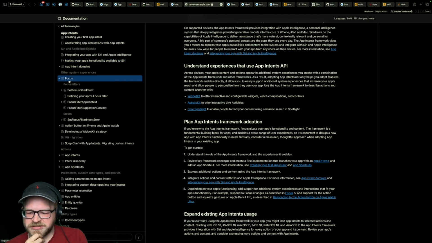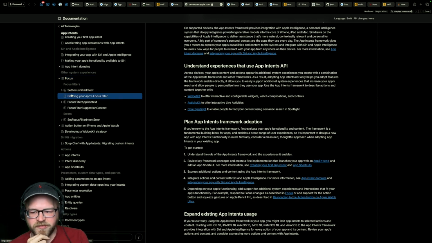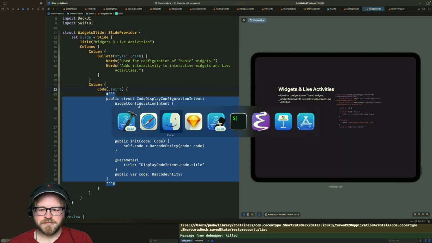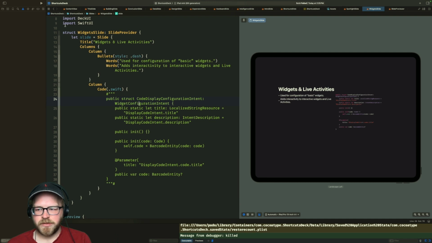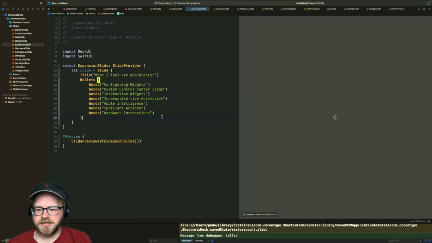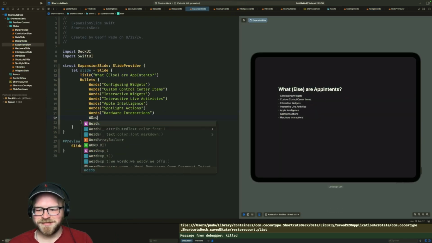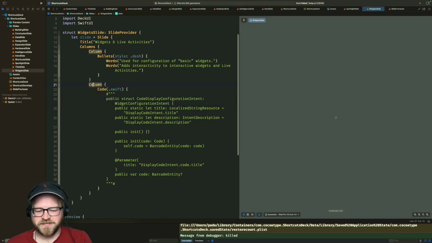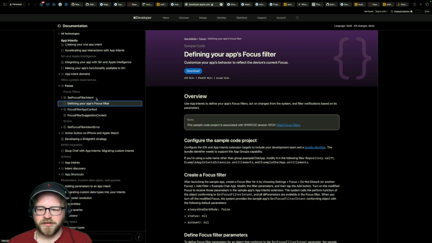I forgot about focus filters. That's another thing that we can support. We're going to add that to the expansion slide and then not cover it. We might cover it. I don't know. We'll see how much time we have once we have to write all of this other code.